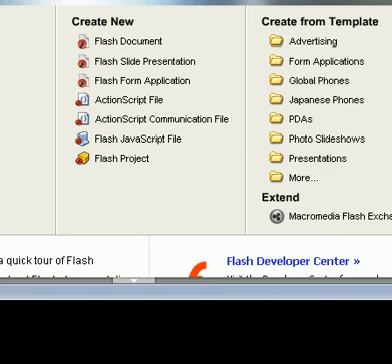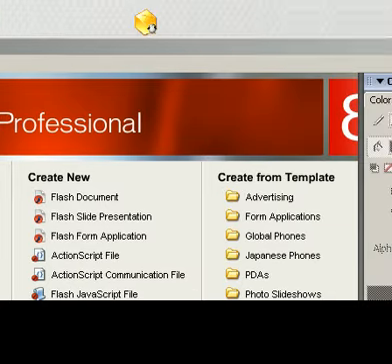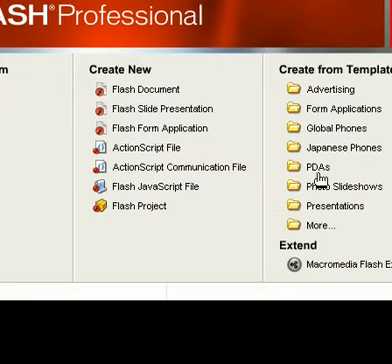You guys how to use Flash 8 Professional. See up there, Flash is an 8 over there. Anyways, so what you're gonna do is load up Flash, as I said, Flash 8, and go to create